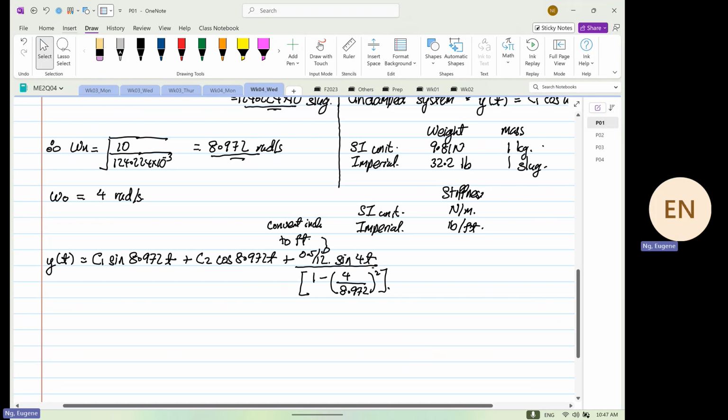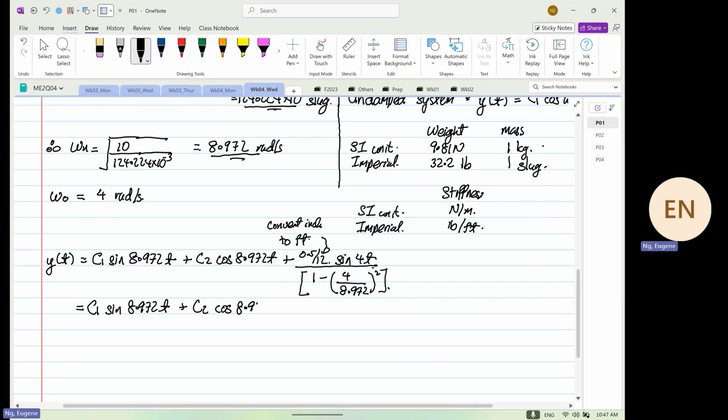So from here we compute C1 sine 8.972t plus C2 cos 8.972t plus 0.4 divided by 8.972, the whole thing squared, 1 minus that, then you have 0.5 divided by 12 divided by